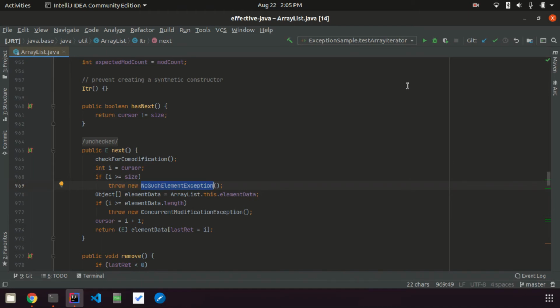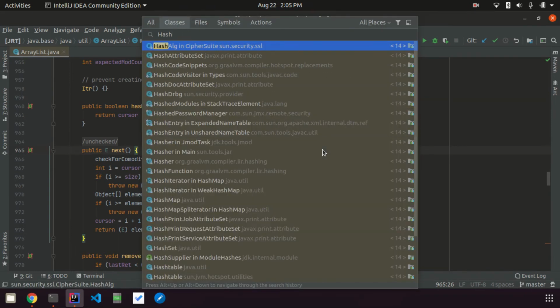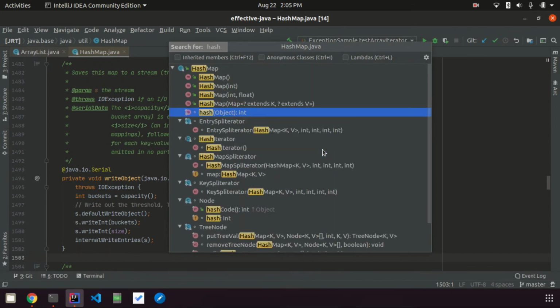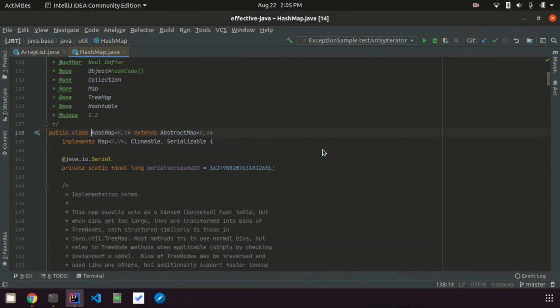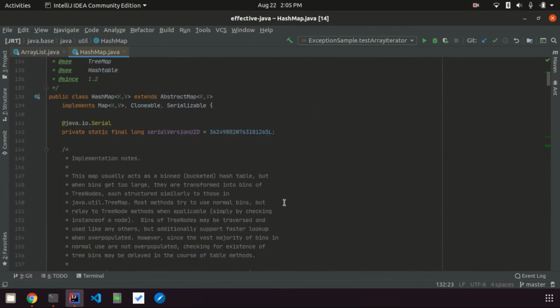As an example to explore all these exceptions, we'll go through one of the classes, which is HashMap. Interestingly, one of the contributors to HashMap is Josh himself, who is the author of this book, Effective Java.